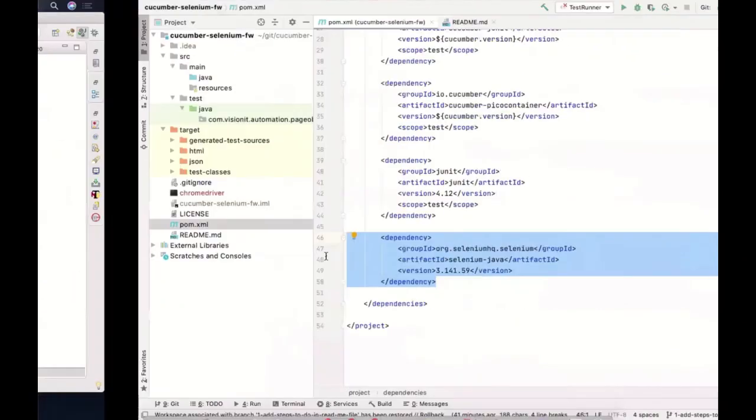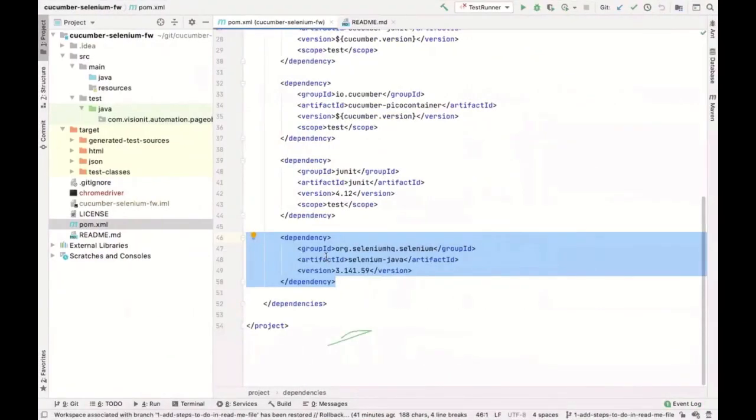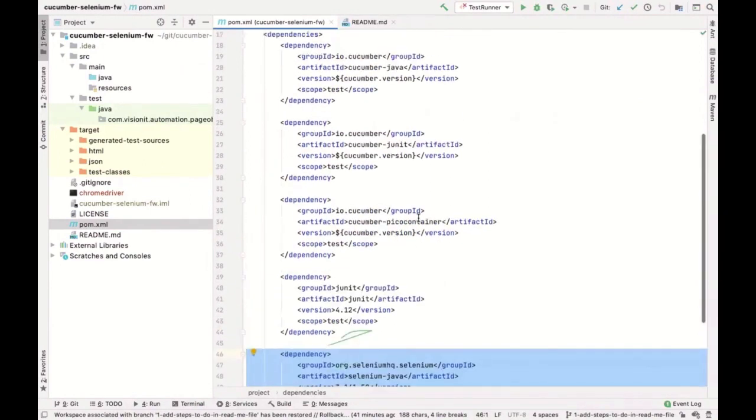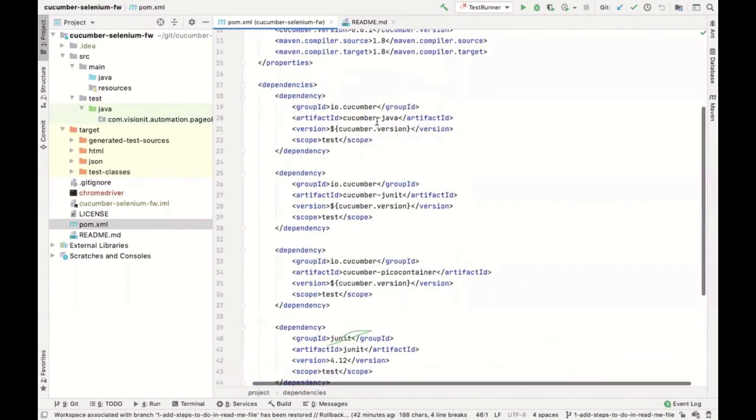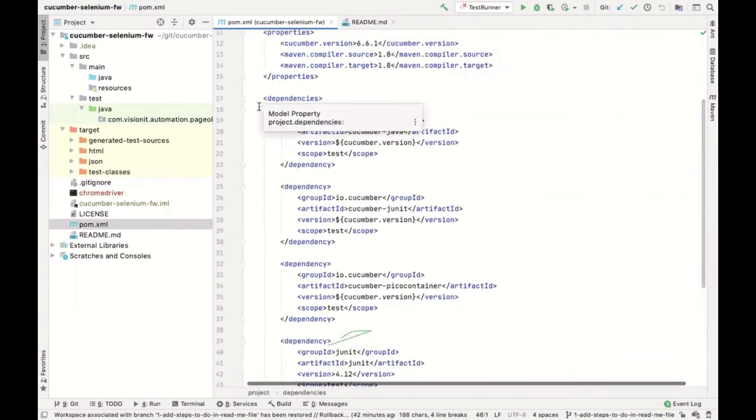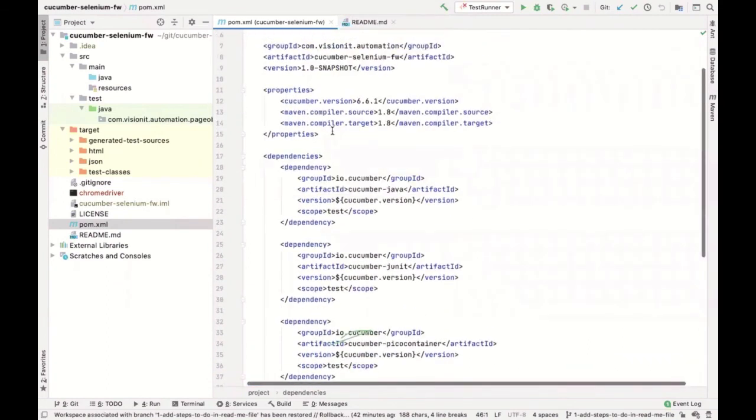But for now, to make things really simple for you to start with, all you need is this one. So the first step you have to do is to set up your project. This is the project setup I am talking about. You need to create a Maven project, and in the Maven project you need to add these dependencies in your POM file, and you need to add these properties, something like